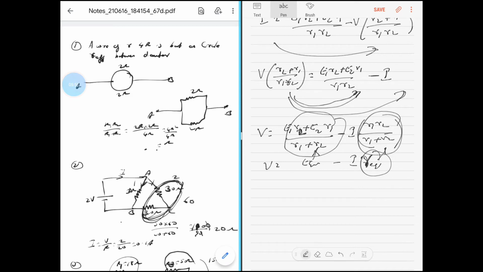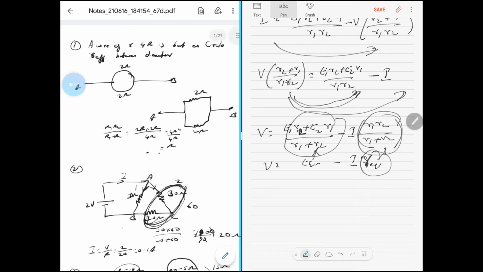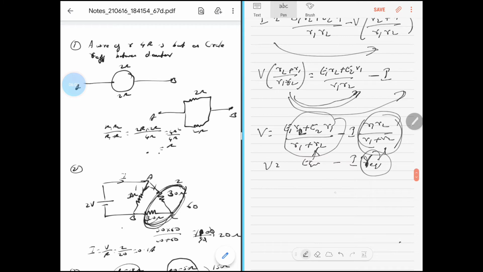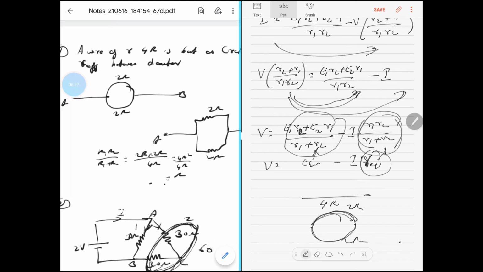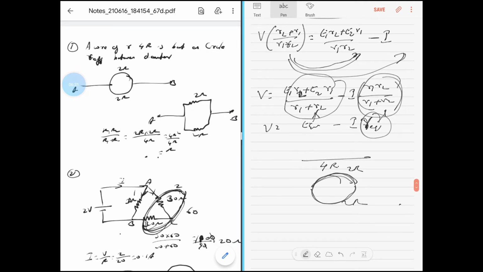Radius 4r is bent in the form of a circle. The radius is 4r. Wire of radius 4r is bent in the form of, maybe a length 4r. I think it's a wire of length 4r is bent in the form of a circle. So the upper half will be 2r and the lower half will obviously be 2r. So I think it's the wire of length 4r. Just make sure you change that from the PDF. So it's bent in the form of a circle, and